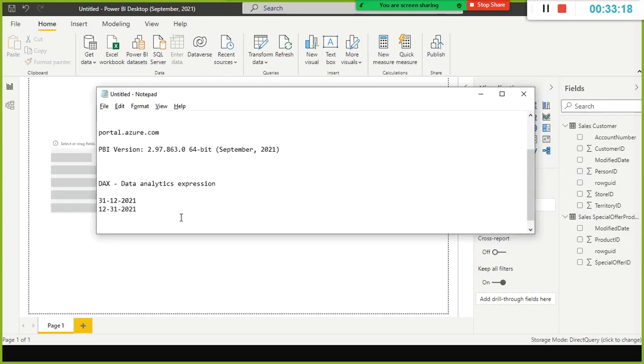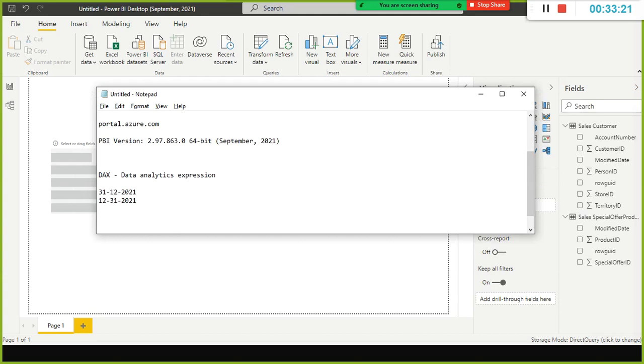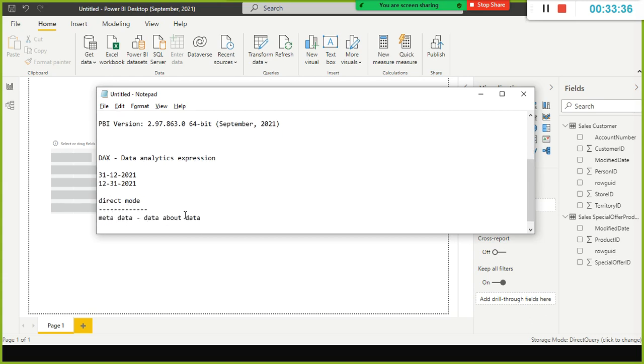For the freshers and those of you who are new, what is metadata? It is nothing but data about data. In direct mode, it is not going to load the entire data into Power BI memory. Only the metadata will get loaded.